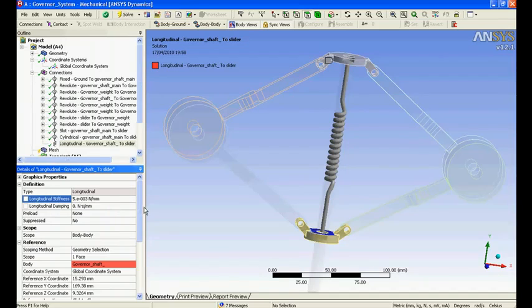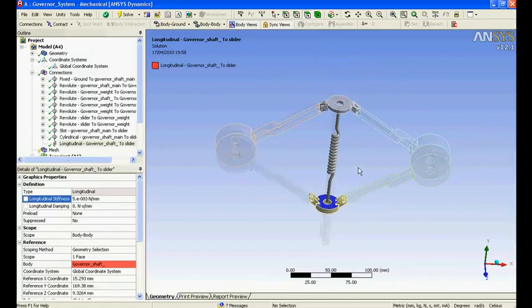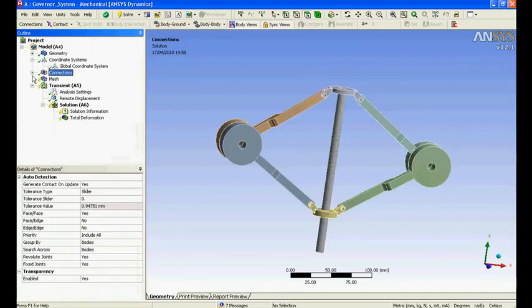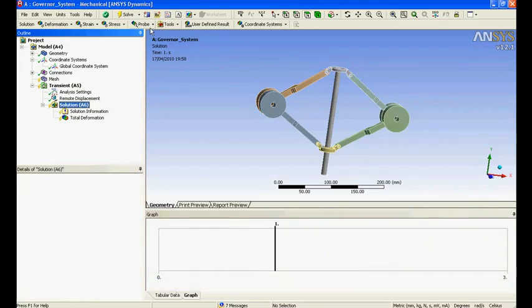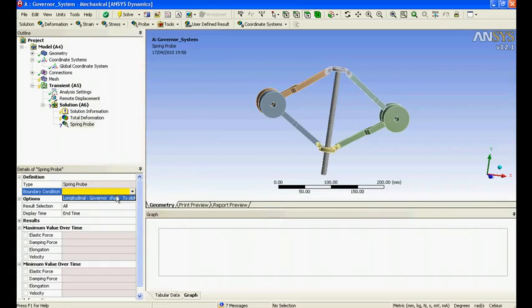I could even add damping, but I won't be adding it because you can see the fluctuation values better without damping. Springs are known for fluctuations. Fine. So I'll jump back to solution and I'll go to